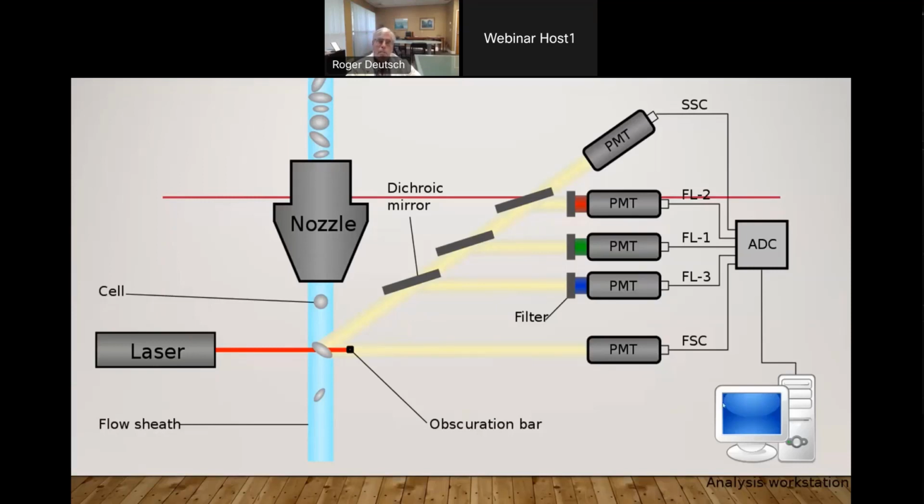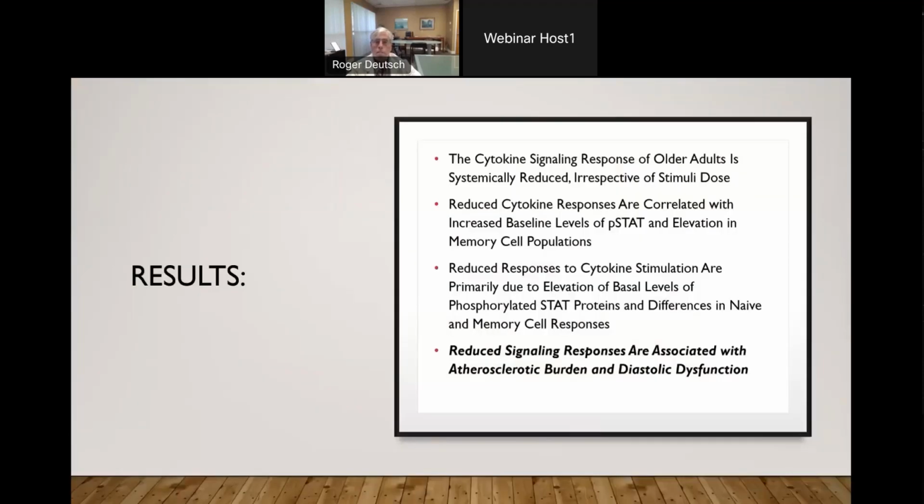And so from that, we're able to determine, yes, we stimulated the cells with interleukin-6, tumor necrosis factor alpha. We want to see a healthy immune response. This is how we can determine with quite a bit of accuracy if we're seeing what we should be seeing. And the results of investigations of correlating these things with clinical outcomes is that cytokine signaling response of older adults is reduced with aging, regardless of how much of a